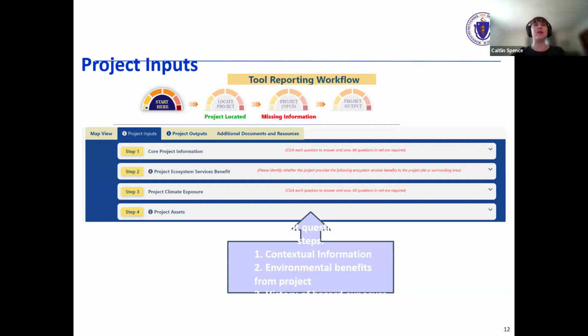Step 2 is about how the project provides ecosystem services, so benefits to the ecosystem and benefits that ecosystems provide beyond being an ecosystem. Step 3 asks about exposure to climate hazards at the location, so things like storm surge, flooding, extreme heat, and what the user knows about them already. And step 4 asks the user to enter specific pieces which are being proposed as part of the project. Next slide.